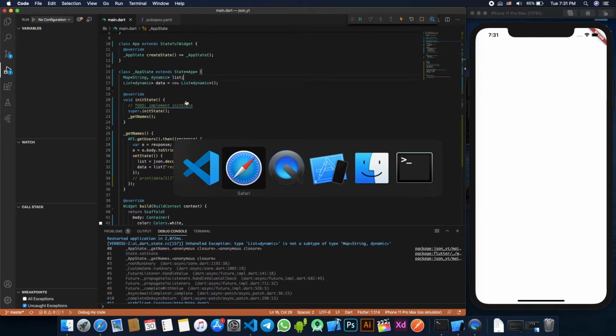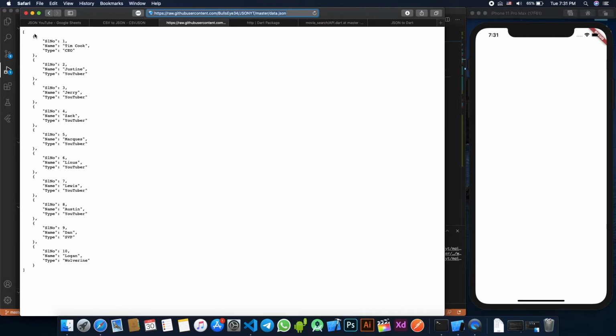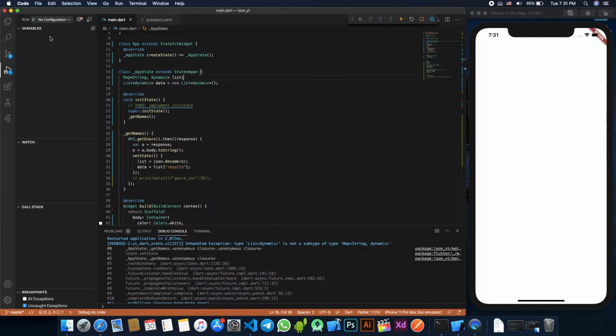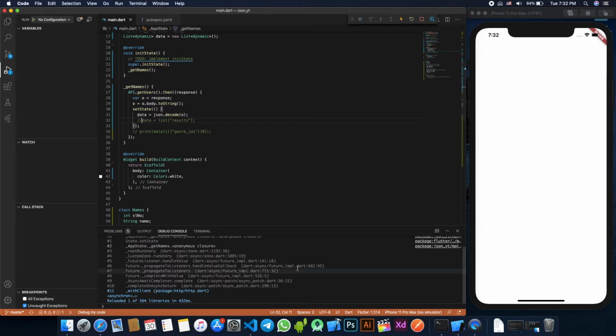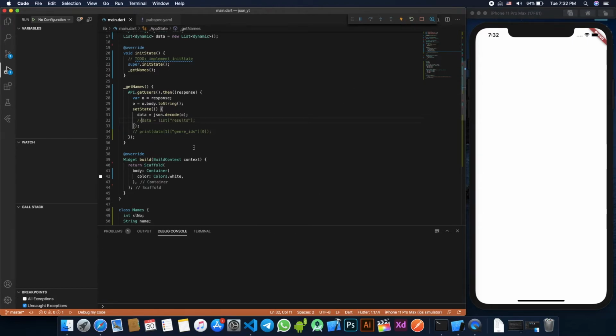Well, you have to use this when the JSON starts with a curly bracket, but here it starts with our square brackets, right? So actually it is an object, so we can completely avoid using list. So we can set it to data and comment this out, and now you should not have any difficulties. I'll reload this and you should see we should not have any difficulties at all. See, we don't have any errors.